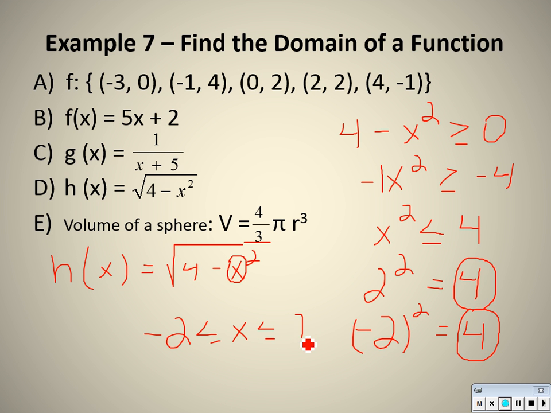Meaning any number that I would pick that falls between those two numbers, including those numbers, would also work here. So that's what the domain is for part D. And then for part E,